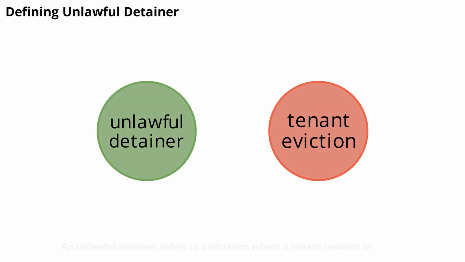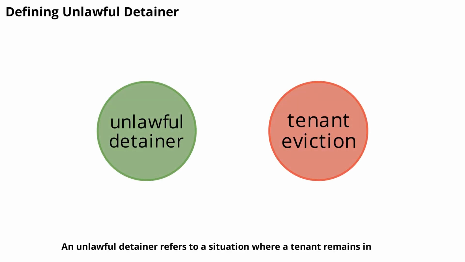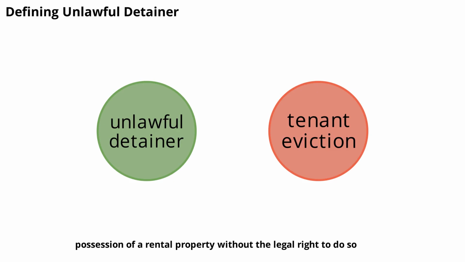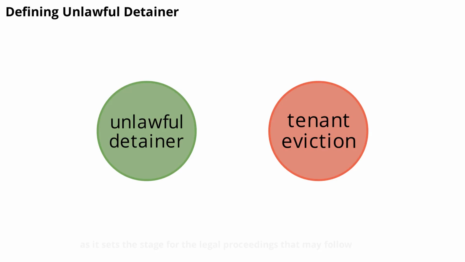An unlawful detainer refers to a situation where a tenant remains in possession of a rental property without the legal right to do so. This typically happens after a lease has expired or been terminated, and the tenant refuses to vacate the premises. The landlord, in this case, cannot simply force the tenant out, but must follow a legal process to regain possession. This process is known as an unlawful detainer action, which is a specific type of lawsuit filed in court. Understanding this definition is crucial for both landlords and tenants, as it sets the stage for the legal